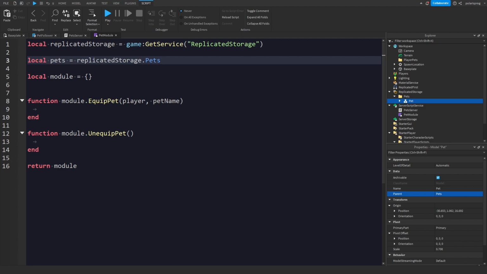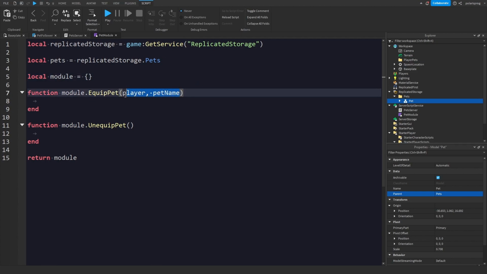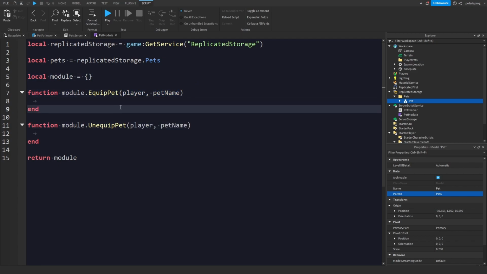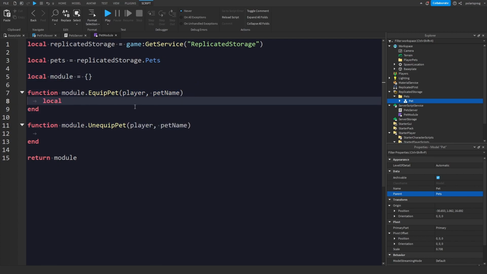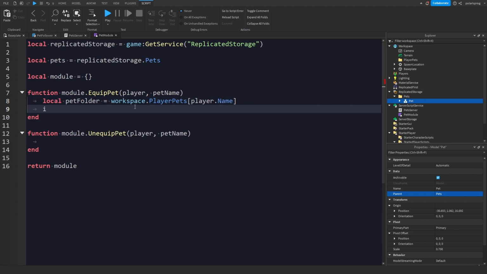Okay, so what we need is the same thing here, by the way, player and pet name. So local pet folder equals workspace dot pet folder dot player pets, square brackets, player dot name, find first child, not square brackets, find first child player dot name, and if pet folder equals nil,